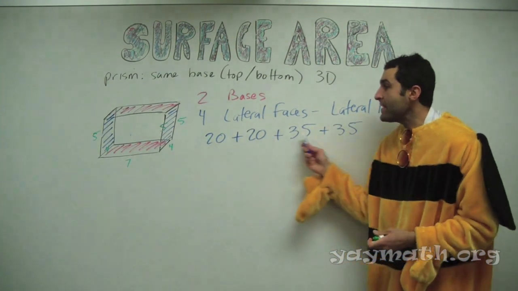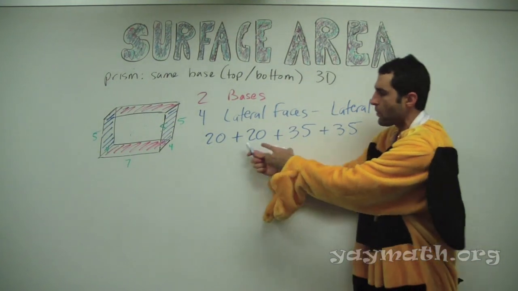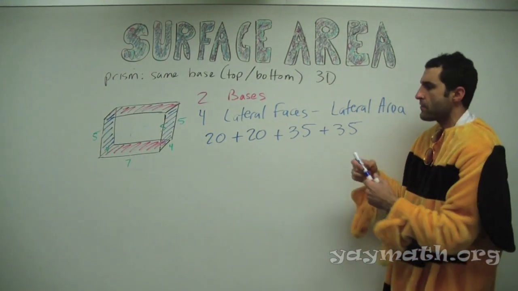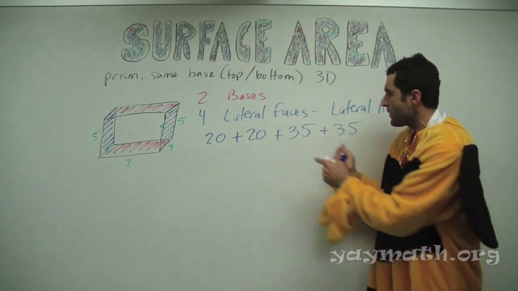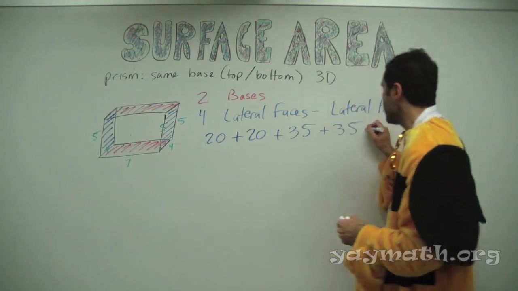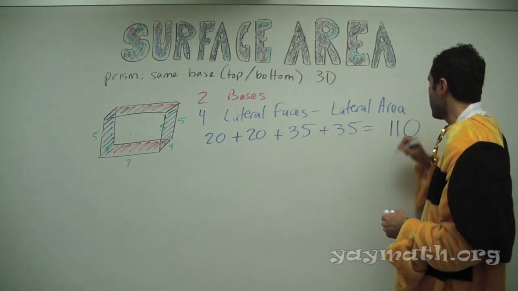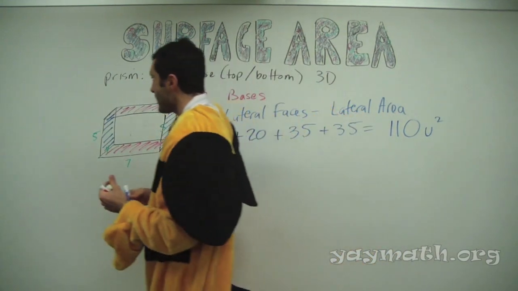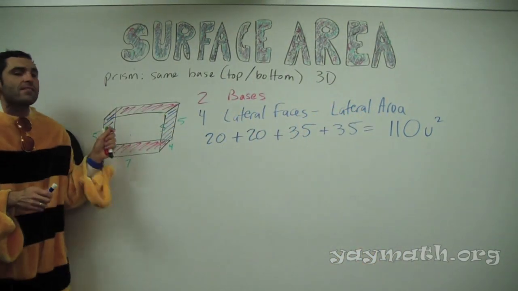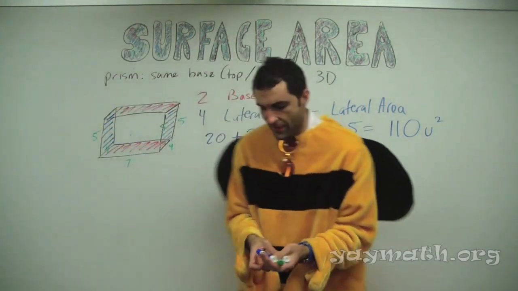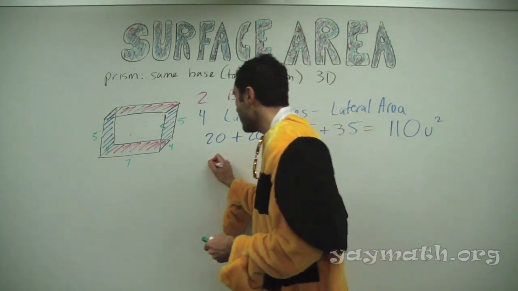So this is called the lateral area, these 4 areas. What's the total area for the lateral sides? What do we got? 40 here, 40 plus 70, 110. 110 units squared. That's a big number. 110 is the total area of the lateral faces. Any questions? Now, would it make sense that the surface area